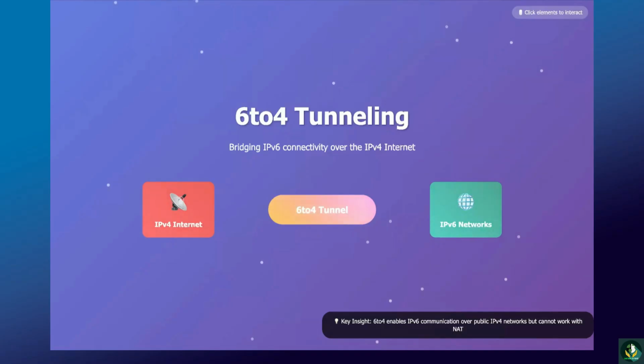Welcome back to this lesson on 6to4, a tunneling technology designed to provide IPv6 connectivity over the IPv4 Internet. It's another key technology in our list to transition from IPv4 to IPv6. As organizations transition from IPv4 to IPv6, technologies like 6to4 play a vital role in bridging the gap between the